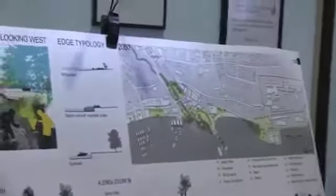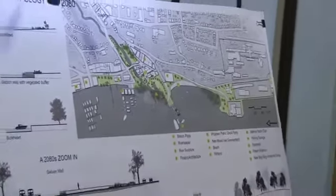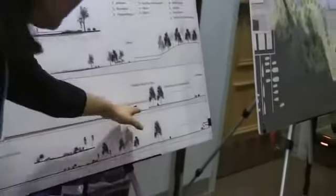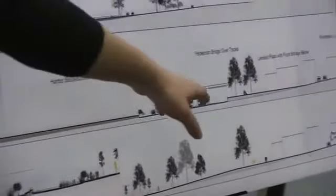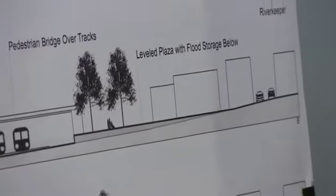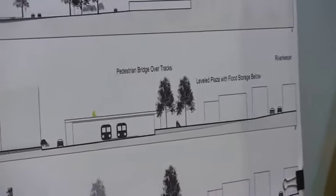And that's kind of going through this new Station Plaza. The Station Plaza would include using some of the existing buildings on the waterfront and adding some other new ones. And this here is a section representing 2050. So here we see the Harbor Square Apartments, a pedestrian bridge over the railroad. And then this is Station Plaza. As you can see, it's been flattened and elevated a little bit, because right now the street goes downhill towards the waterfront, and I'm proposing that it could be a leveled area. But then by 2080, we're seeing